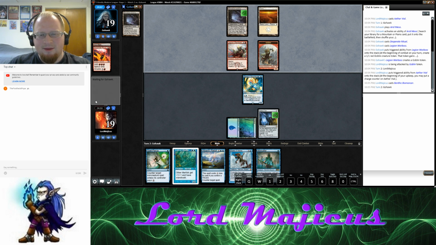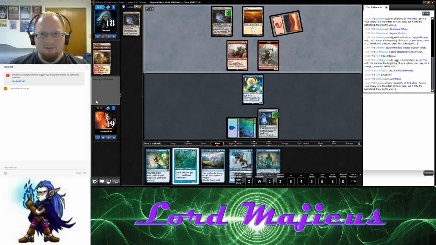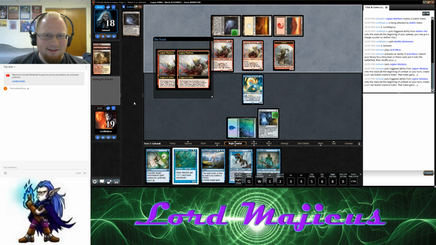We'll be taking 3 damage a turn. If we can draw more lands, that would be great. This does not look great. Blood Moon? Legion War Boss. Okay, there's no way we're beating that. What is this nonsense? Like...